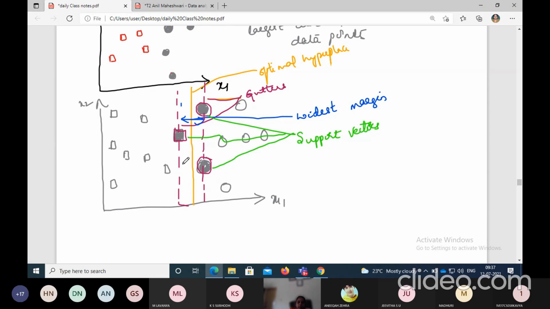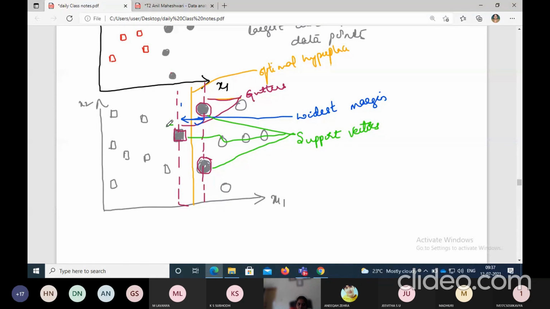They are shown by the dark, bold circles: the two lying on one border line of the dotted line as a gutter, and another one, the thick solid square. The rest of the data points are there in their own classes. The circles which are not darkened, and the almost 7 squares, are data points that are irrelevant for defining the classifier.